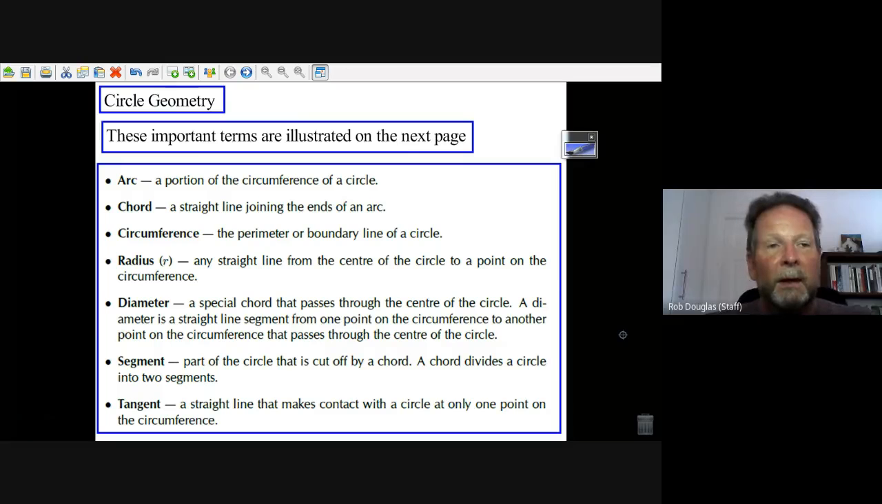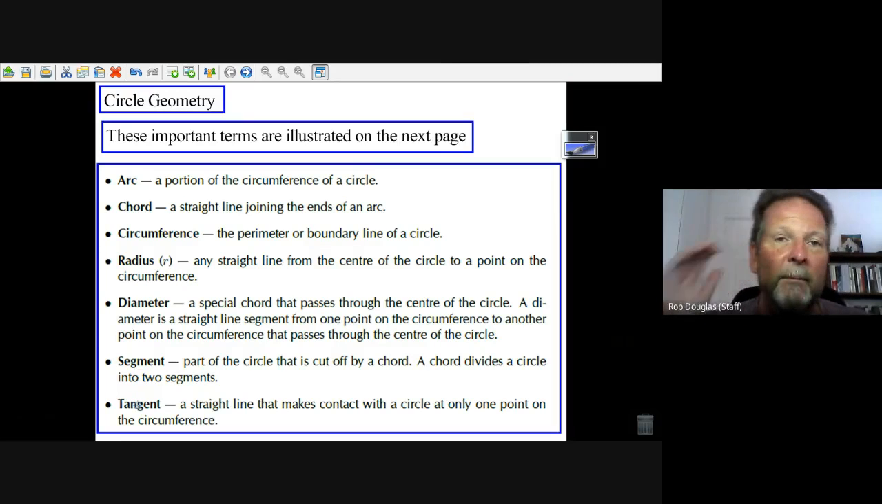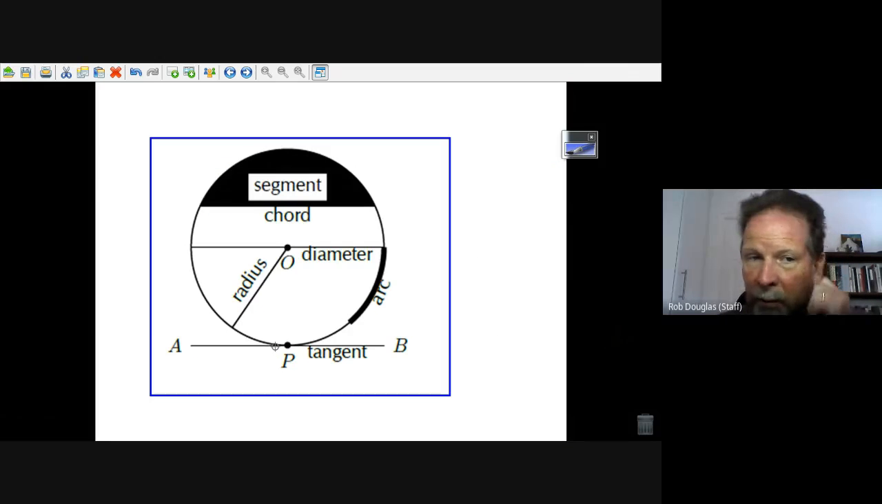Okay, this is an introduction to circle geometry and these terms here in the notes. What an arc is, a chord, circumference, radius, diameter, segment, and tangent. They're all really important, so read them carefully and learn them. I'm not going to read them out and go through it. You need to go through them and look at them really carefully. But what I am going to do is show you with this picture what